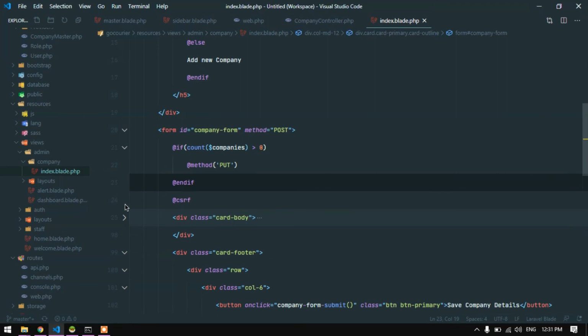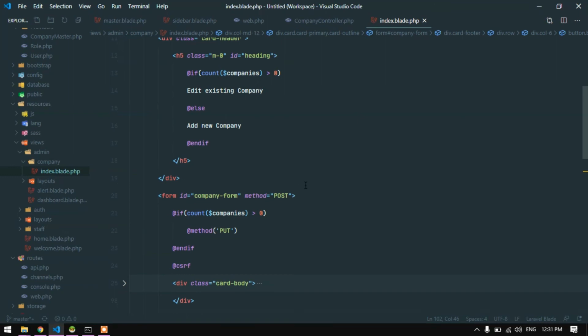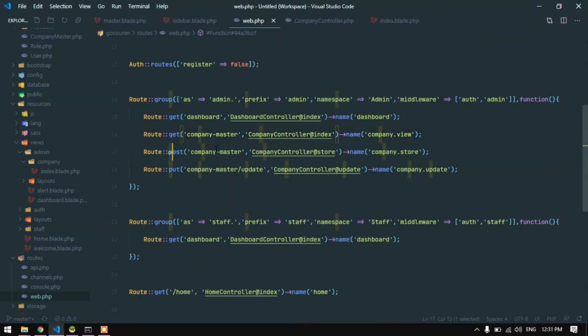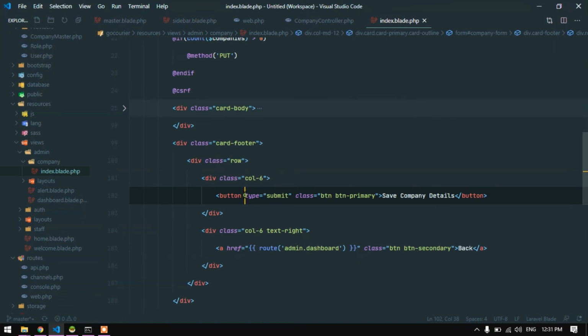So for submitting the form, now what I will do, I will go to this button. Because when we are going to submit the form, we will click on the button, and when we click on the button, there we will change something in the form so that the form will go and submit to this post route, the company.store. Then I will go back to my index.blade, and I will remove the type submit, and I will give an onclick function, and maybe I will give the name companyFormSubmit,